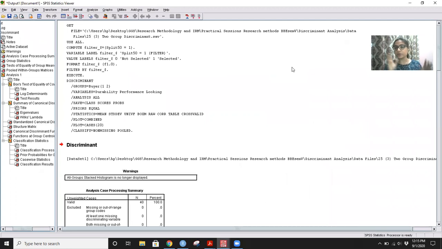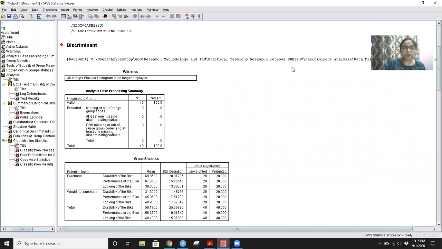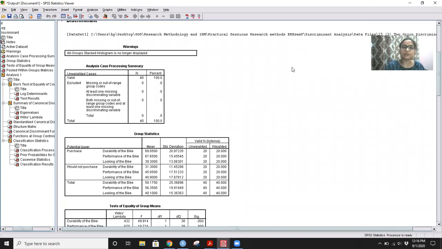As I said, we're going to cover discriminant function analysis in three parts. This is the first part, so let's proceed with the first set of interpretations. On the face of it, what do you see? The first is a case processing summary. This is going to tell you whether you have any missing values or not. I have no missing values and I have 40 valid observations. As I told you, your data is designed into 80 customers, and I'm looking at just the first 40.